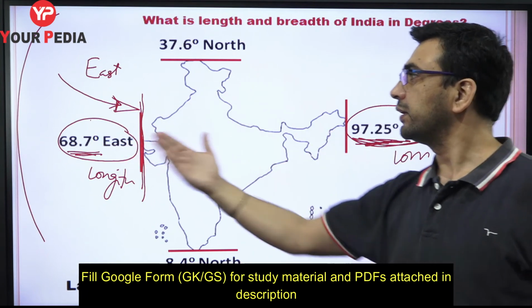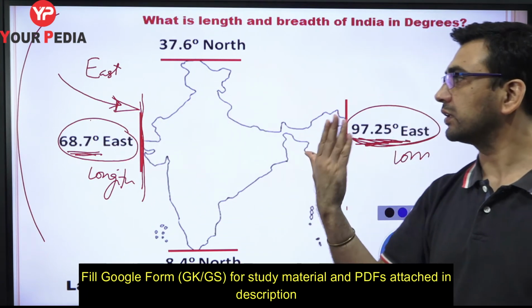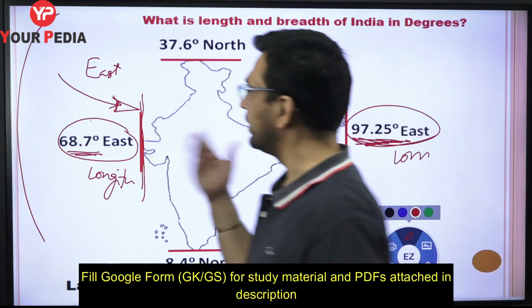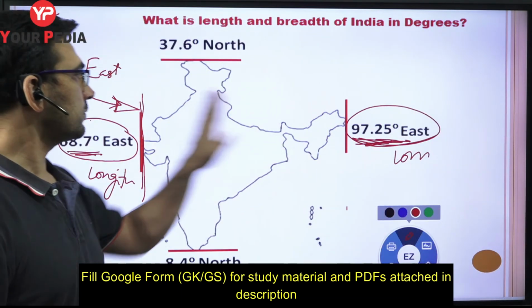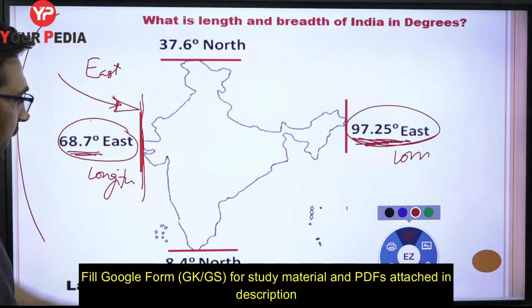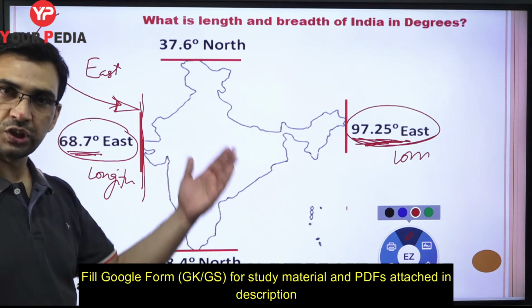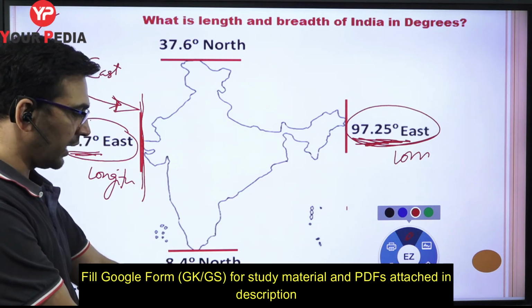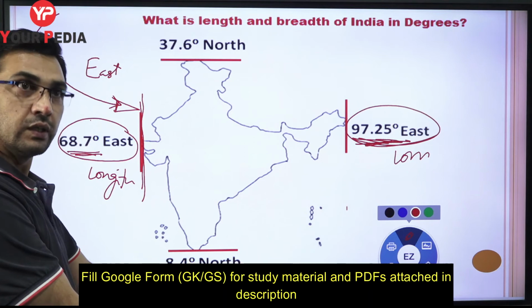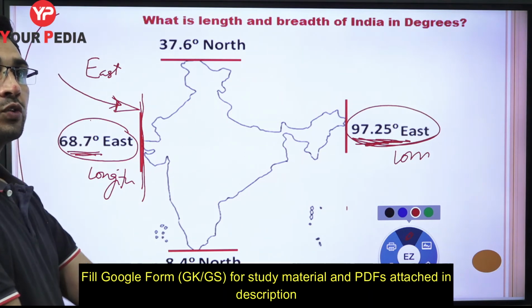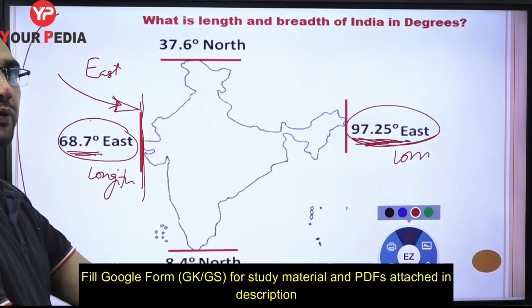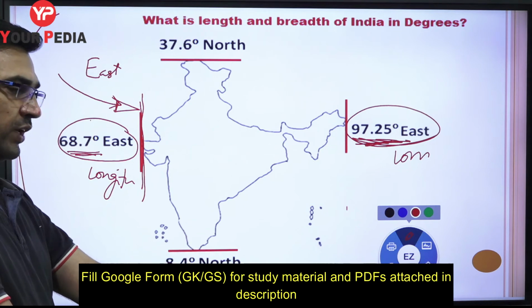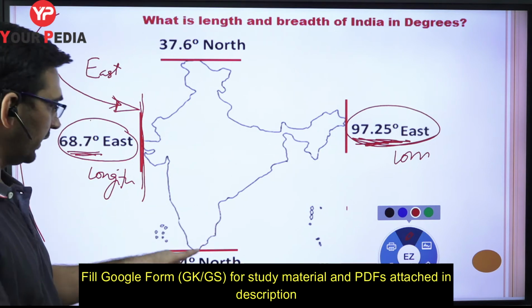India is spread at that particular longitude. That is the meaning of this. On similar lines, you're going to have the north position of India from the equator. So the equator you are having down there. As you're moving up, somewhere here you're going to have India start from here.